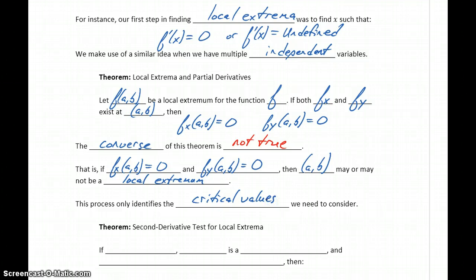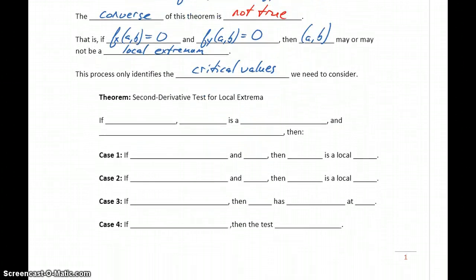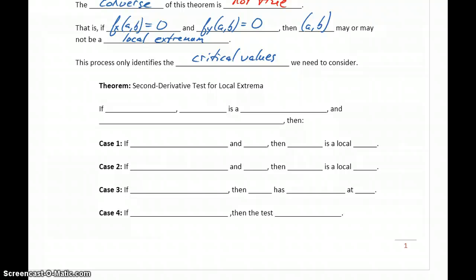Once we've identified those critical values, then we need to run them through what we're going to call the second derivative test to determine if those are indeed maximums, minimums, or neither. So for the second derivative test, if z is some function f of (x,y), and the point (a,b) is a critical point, or critical value,